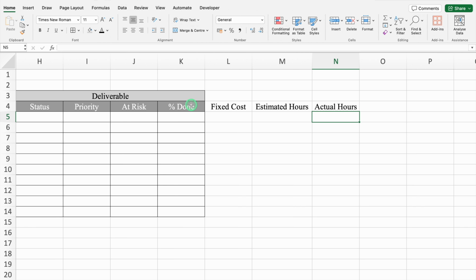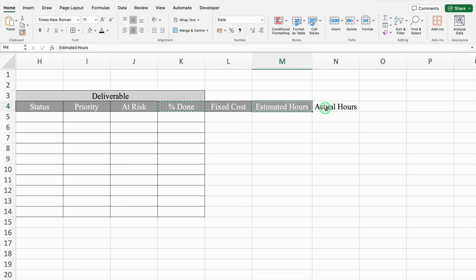We'll click on percent done. We'll go to the Home tab and we'll double click on Format Painter. We'll click on fixed cost, estimated hours and actual hours. We'll go to Format Painter once again and we'll click over here. Perfect. Now I'll click on top of fixed cost and we'll select till actual hours. We'll merge the cells. We'll change the cell color and font color. We'll create borders. This will be